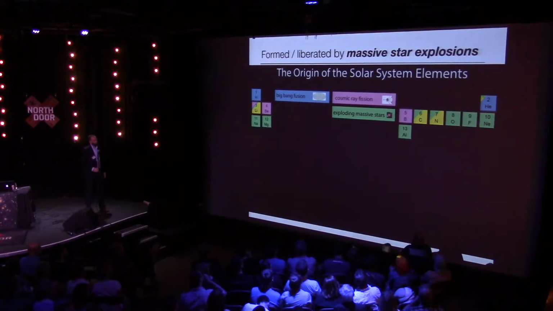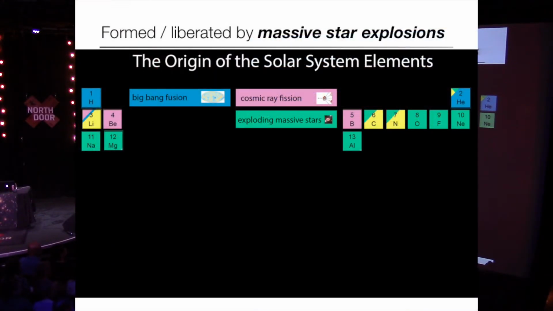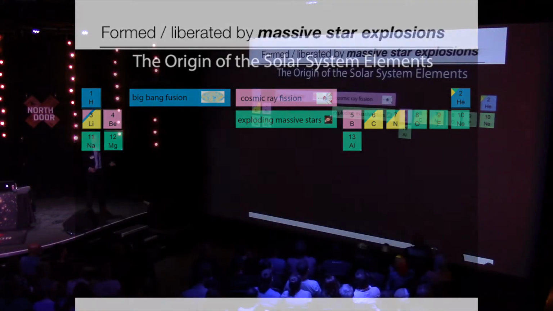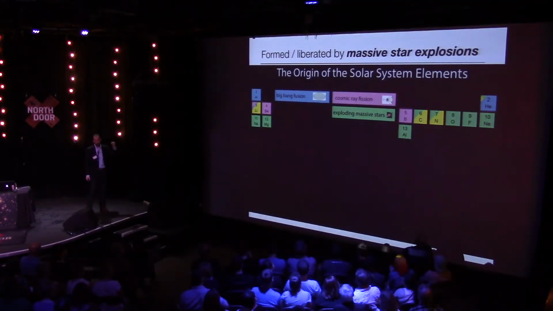But now, once we start to get to things like oxygen and aluminum, magnesium, okay, these elements all get released during the explosion of extremely massive stars. And so this is where every atom of oxygen in your body really came from: the death of a star that was originally more massive than around 10 solar masses. And this is how we understand the periodic table as astronomers.